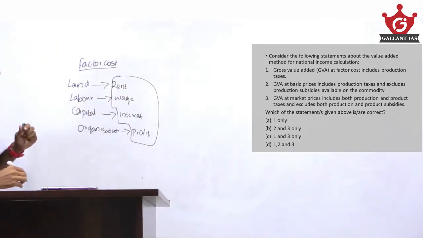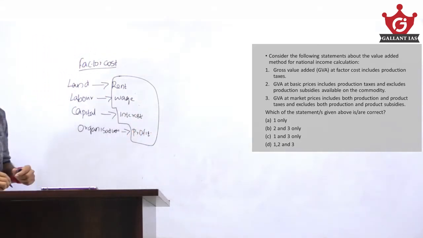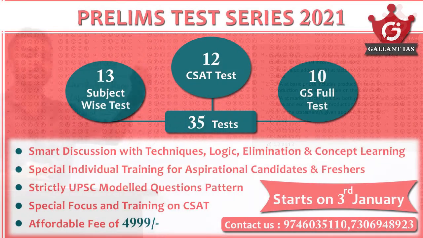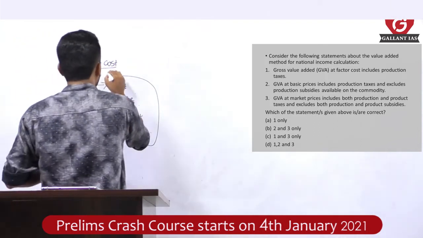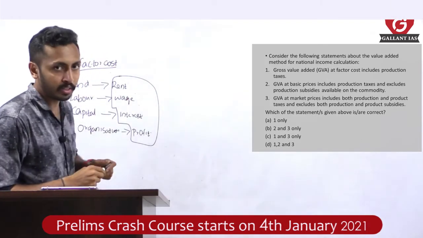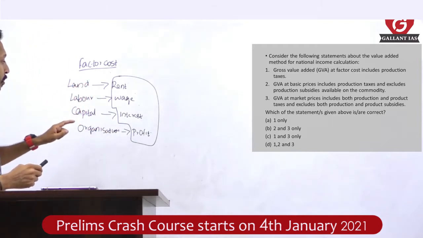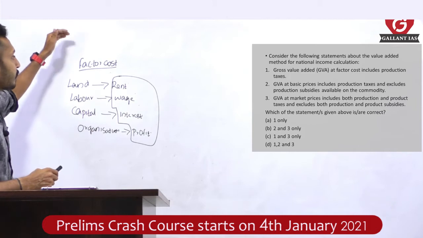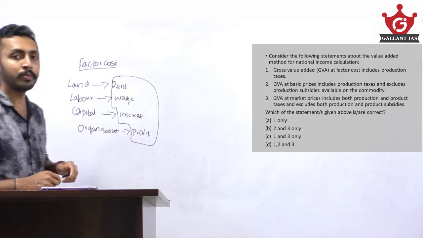Price of any commodity will be the sum of these 4 factors of production. But when we purchase it from the market, we need to pay additional taxes also. That is the difference between factor cost, basic price and market price. While calculating national income at factor cost, we sum up the cost of all factors of production, that is land, labor, capital, organization, for all commodities in the economy. That is national income at factor cost. Here, no taxes will be included.